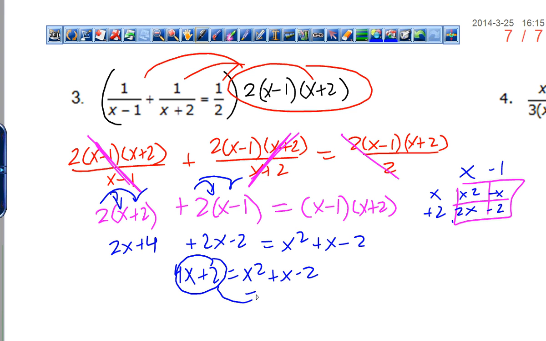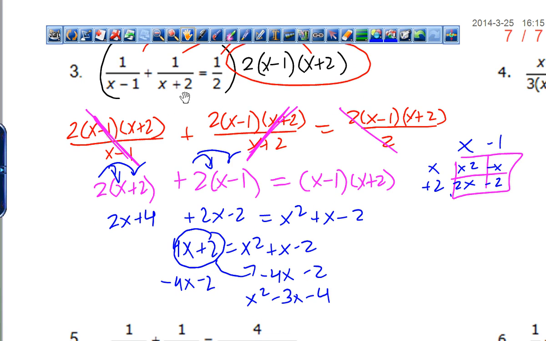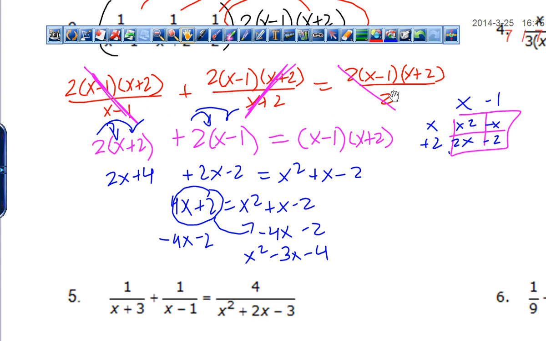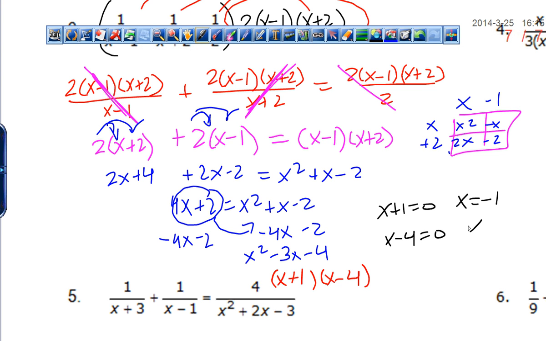Bring all this over here. So subtract 4x, subtract 2. So x squared minus 3x minus 4. And then the last step, I know you're getting tired of writing, is we're factoring this. So what times what is going to make negative 4, but also add up to negative 3. And that's going to be positive 1, negative 4. Then we're going to set each part equal to 0, so x plus 1 equals 0, x minus 4 equals 0. Move this to one side, move that to the other side, I get x equals negative 1, and x equals